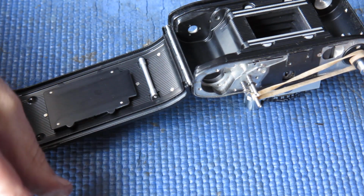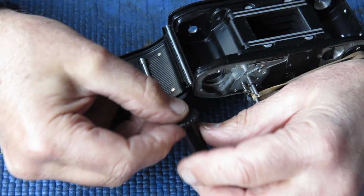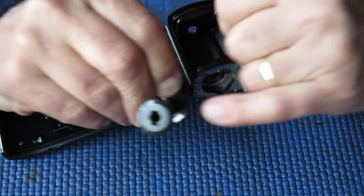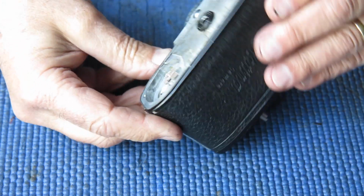Opening the back of the camera, we'll take our take-up spool, fit the bush in place, goes in the hole, plain hole at the bottom. The one with the notches in goes to the top. We can drop that into place in the body, shut the back,